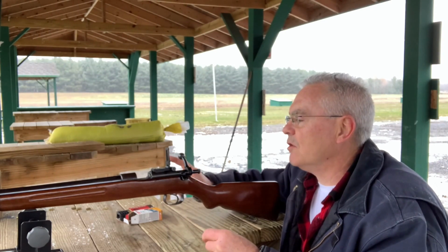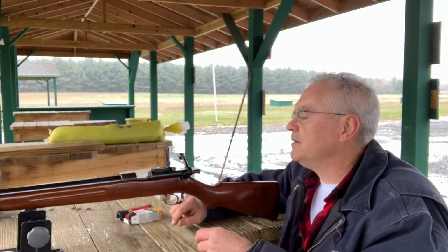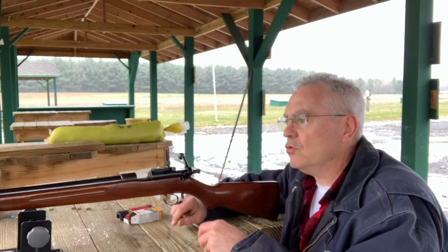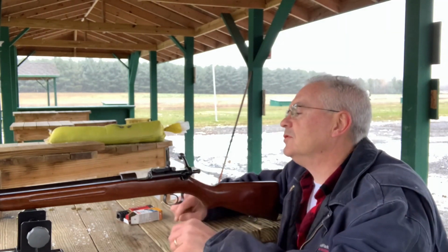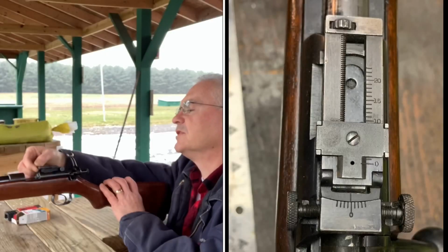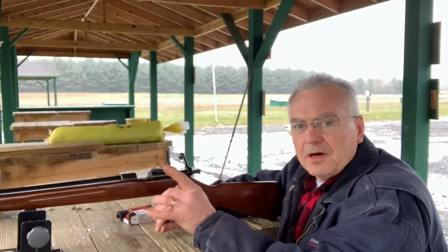It's got the slow lock, which means it cocks on close action. The safety's in good shape. It doesn't have the crack of death or crack of doom, whatever you want to call it. It does have the original peep sight up here on the top, and I'll put a picture of a close-up of this because it's such an excellent piece of engineering. And then up on the front there,